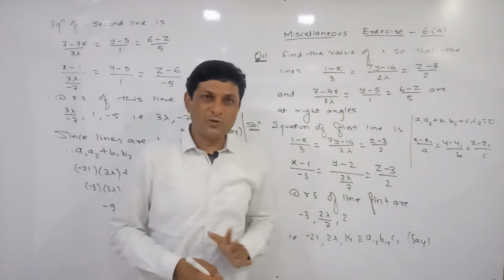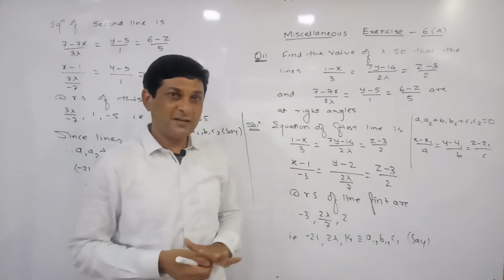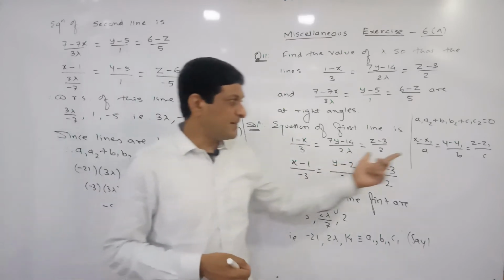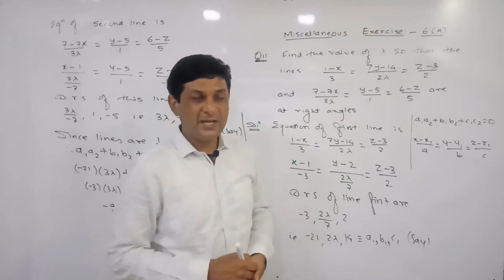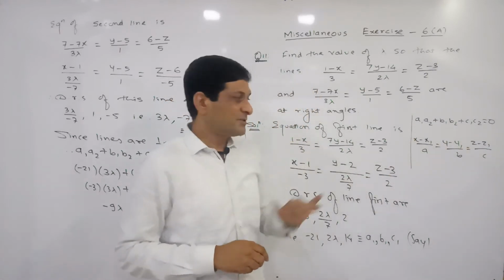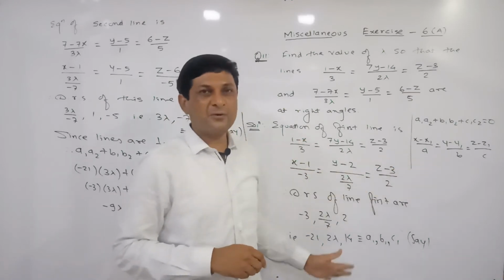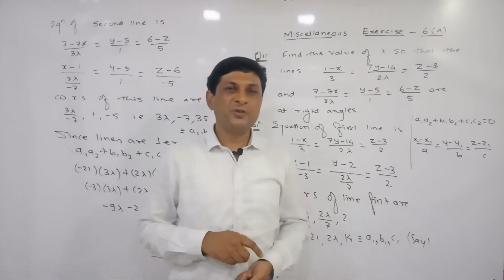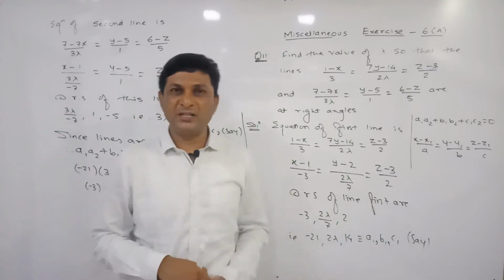So hope the idea about how to solve this equation is clear, how to solve such type of example is clear. If the equation is not given in standard form, at that time means symmetric form, such type of representation is called as what? Equation of line in symmetric form. In symmetric form, coefficient of x, y, z should be equal to 1. So first convert the given equation of line in this form, then find out direction ratios and find out required value. This method we have to use in case we have to find out what? Direction ratios of the line.